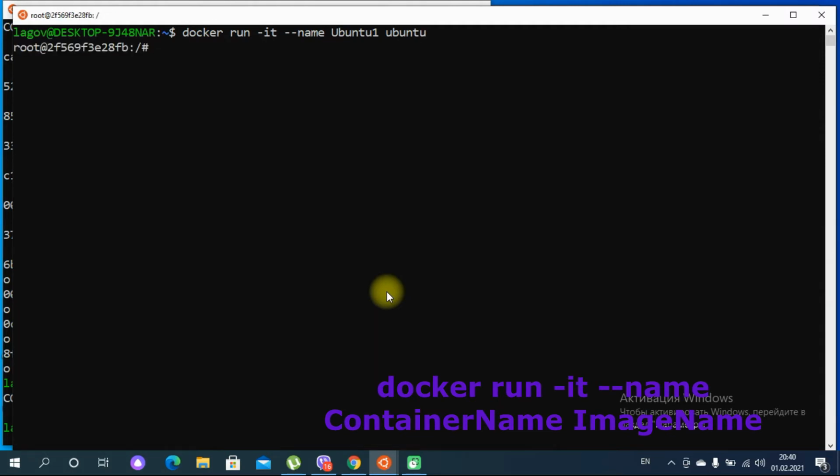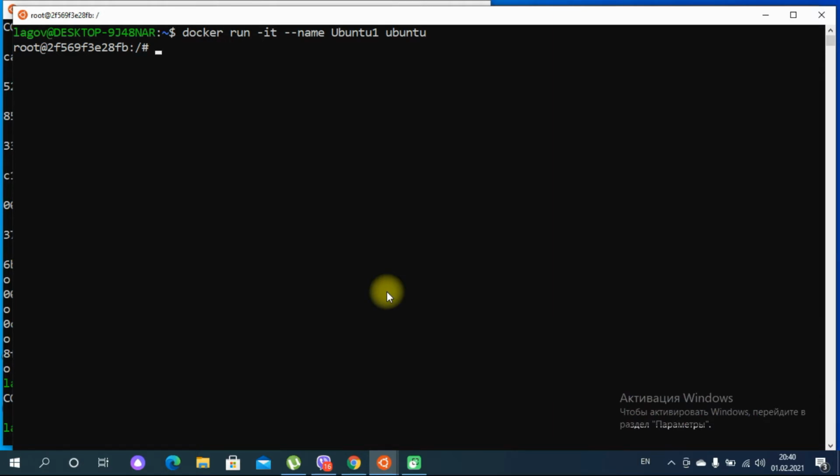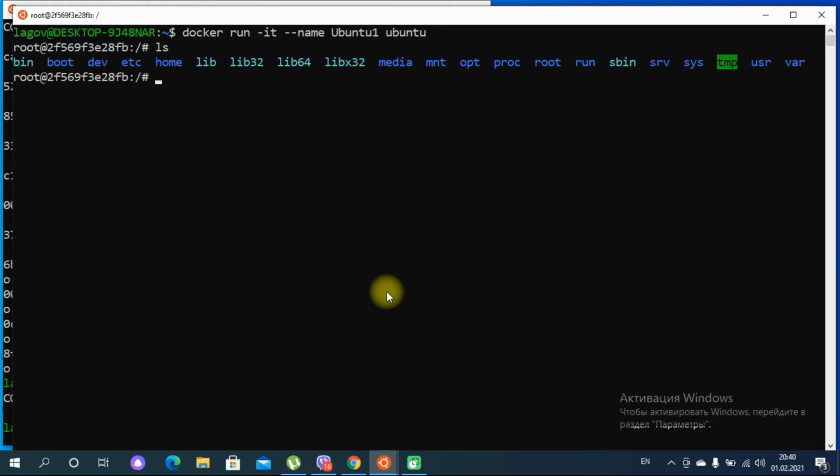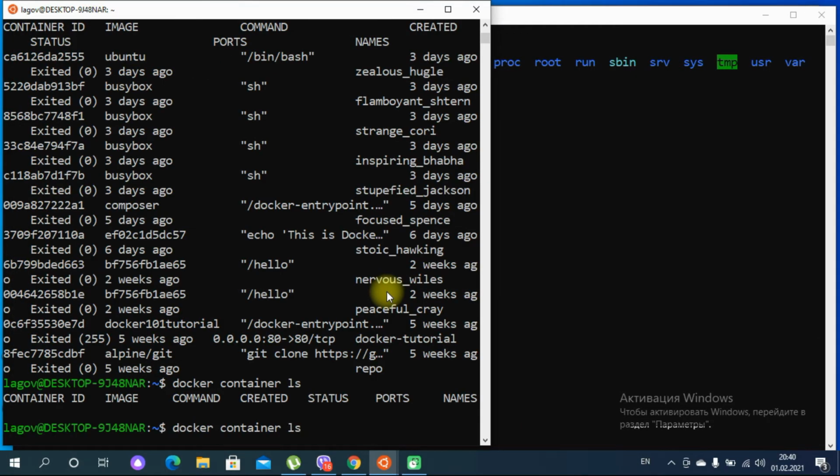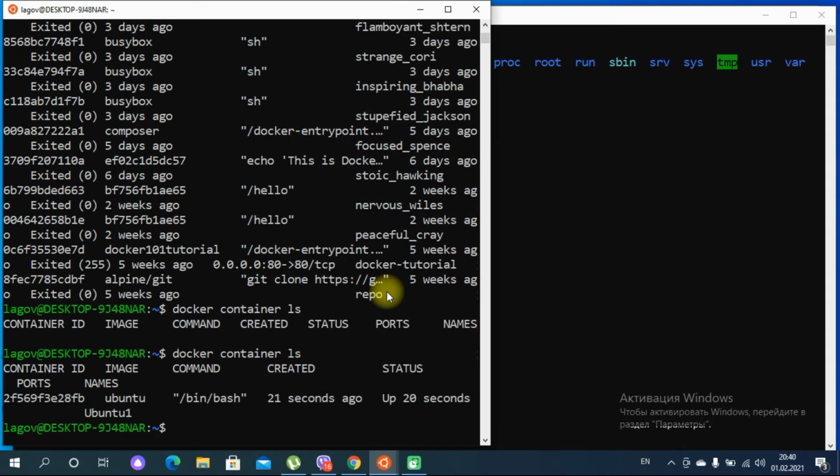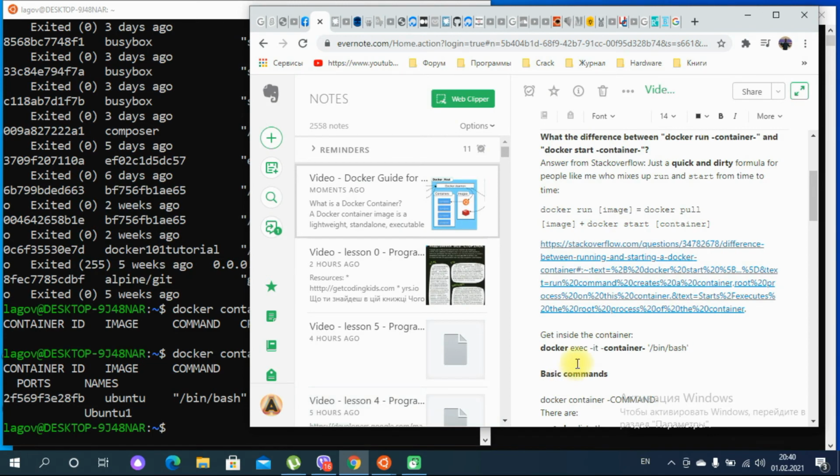We just ran this container which was available before on the local machine, and we are quickly able to check that we're inside the Ubuntu container. Going back to check the first command, docker container ls, now we see in the list the just started container Ubuntu, available from 21 seconds ago. We are going to go to another command,